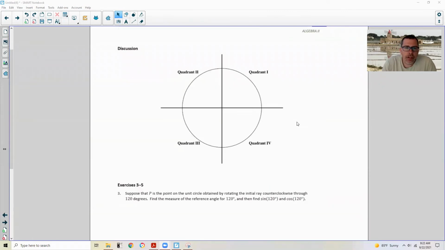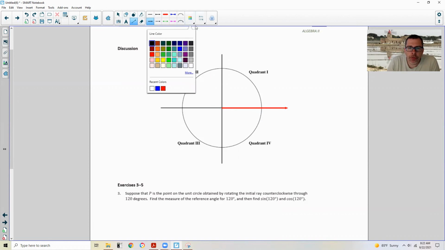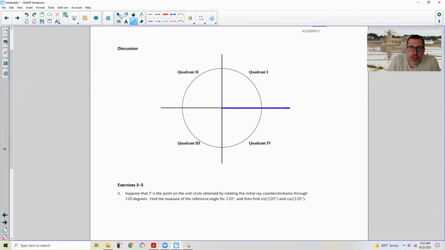Okay, now we're going to discuss what I just did after the fact. So think of it this way. If I have a ray right here, that's called the initial ray. And if I have a terminal ray, terminal means you end, you're at the airport, you're at the terminal, you're at the end of your vacation. If the terminal is right here, then this would be 0 degrees. Now, if I rotate this terminal ray like so, this is, say, 30 degrees, 45 degrees, 60 degrees, 90 degrees,